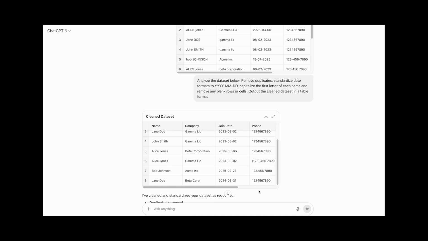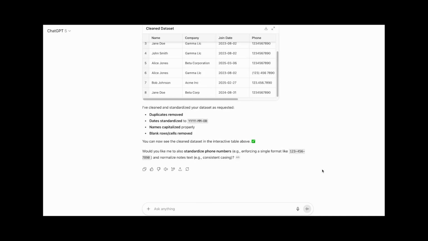Here's what ChatGPT has done to my messy data. It removed all duplicates, standardized the dates. Also, the names are capitalized and blank rows and cells deleted. If you want to go beyond cleaning, you can ask ChatGPT to do extra tasks. For example, in this prompt, I ask